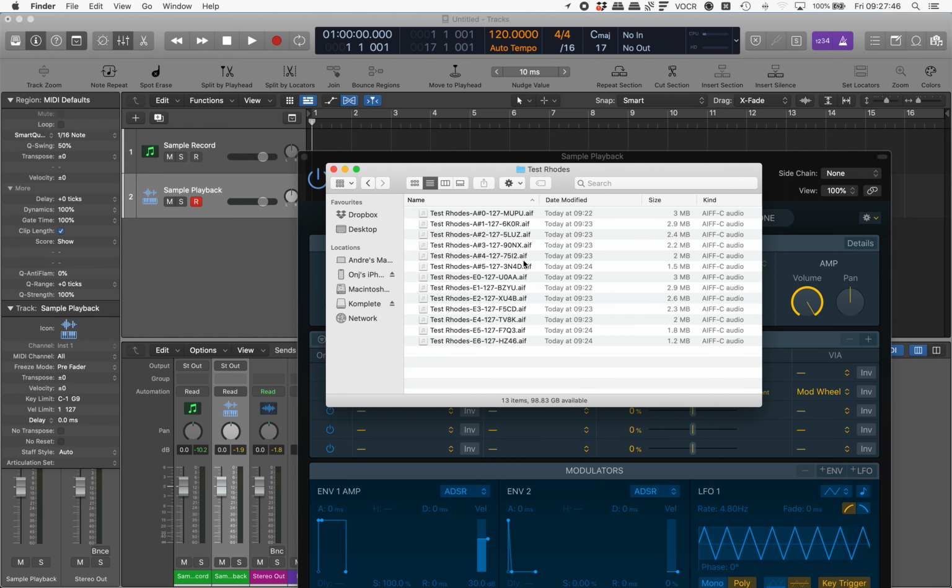So let's open the selection and look at the list view of some of these file names and also the file name structure. Test roads A number